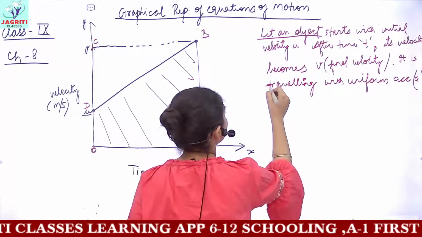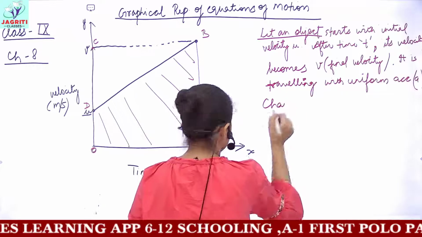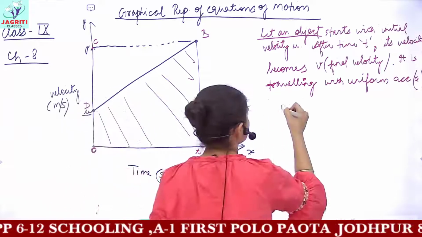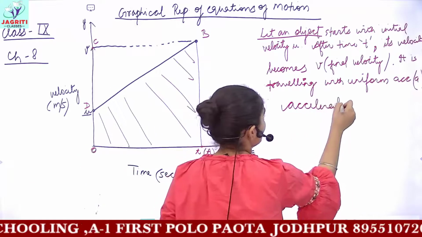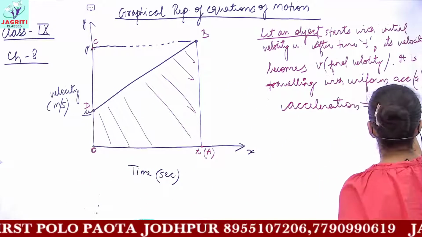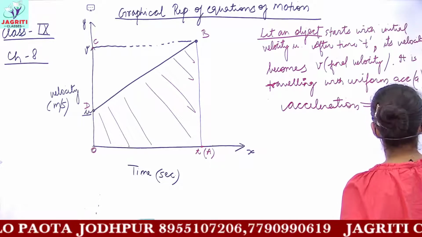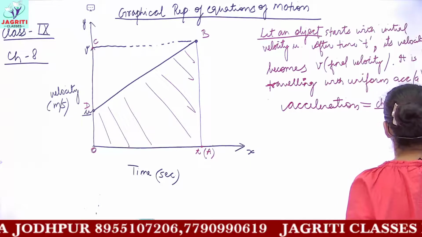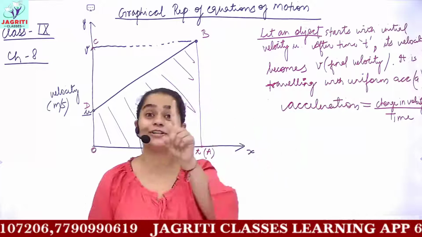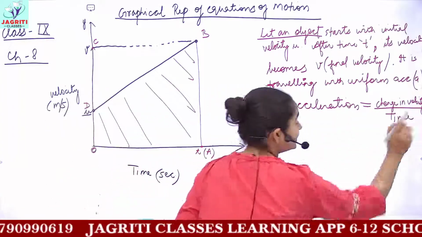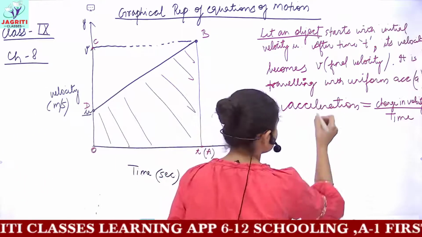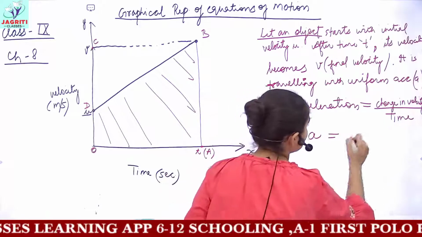So for it, what you will write is, not change in velocity, you can write acceleration. As we know from the formula of acceleration, acceleration is change in velocity divided by time taken. So we know this is the formula of acceleration. So for deriving the first equation, the first step would be you have to write the formula for acceleration. The next step would be, for acceleration, the symbol is small a. The time here is small t.